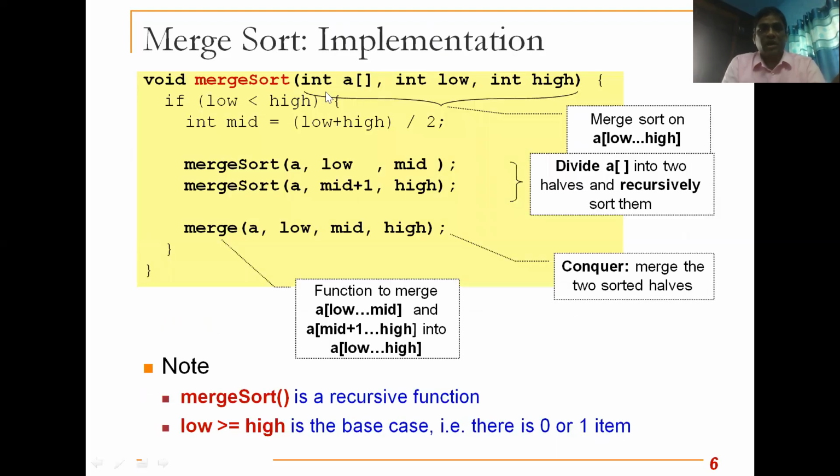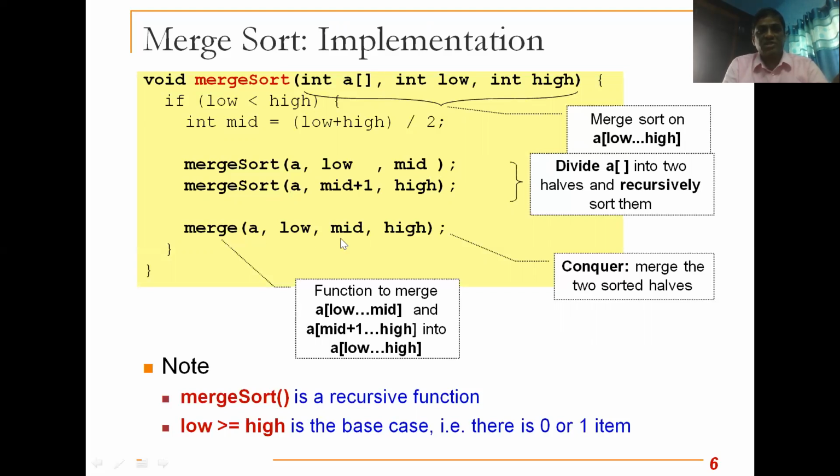Okay, have a look at this merge sort now, how it is implemented. So A is the array, low is the lowest index, high is the highest index. If low is less than high, that means we are making sure that there is at least one element in the array. Then we calculate that mid is equal to low plus high by 2. This mid is the index of the middle element. And then we call the mergesort algorithm using recursion. We pass array, comma, low to mid. Okay, so we are considering only the first half. And then we call the mergesort algorithm again using the second half elements, and finally we merge the entire list.